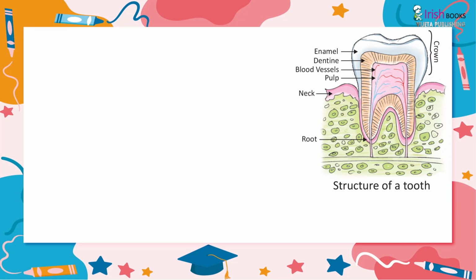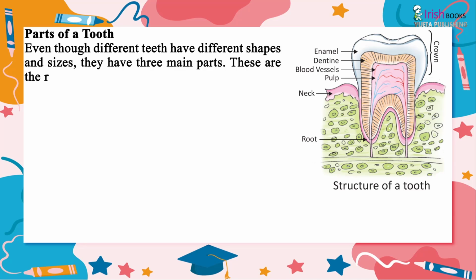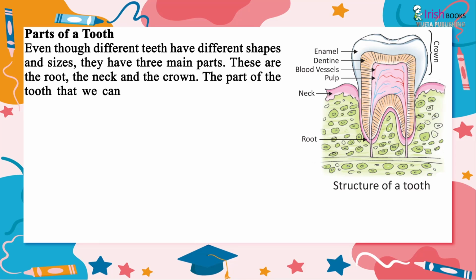Molar. Parts of a tooth. Even though different teeth have different shapes and sizes, they have 3 main parts. These are the root, the neck, and the crown. The part of the tooth which holds